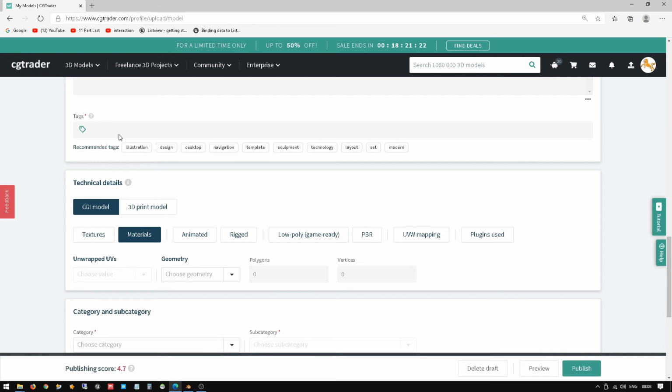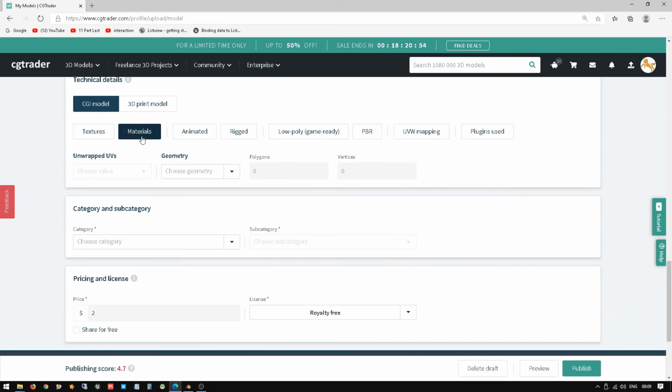Here we can add the tags. It's a category. So I just tell it this is kitchen. So we make it one more thing: modern, equipment, kitchen. So like that you can add as many categories as required.